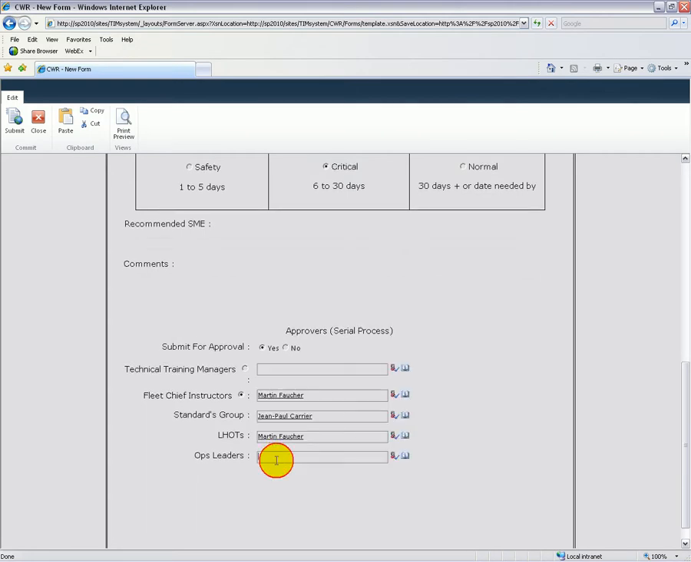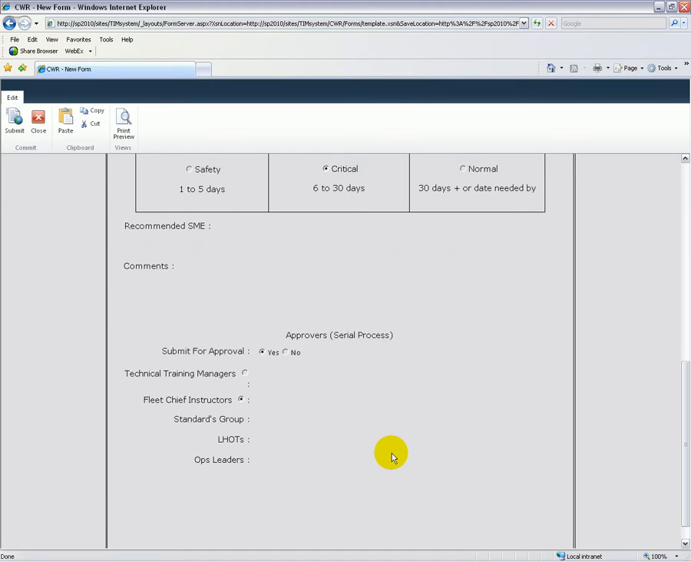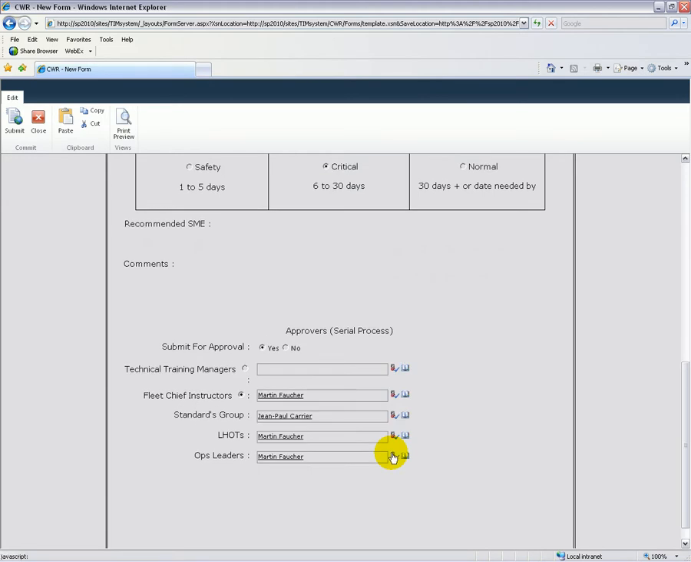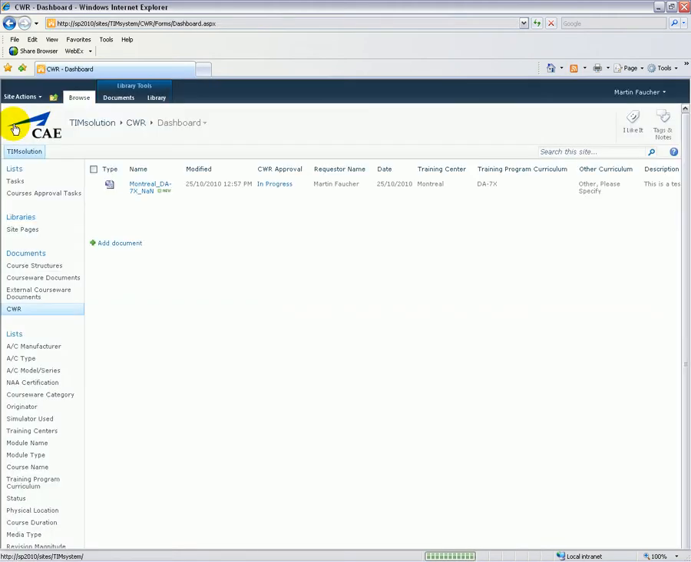We're ready to launch the approval cycle on the CWR. So let's just go ahead and submit the CWR through the button here on your top left corner. Here you go. You got my CWR created. The name of the CWR will always be the center name, then followed by the program, and the last 3 digits are pretty much a random identifier that